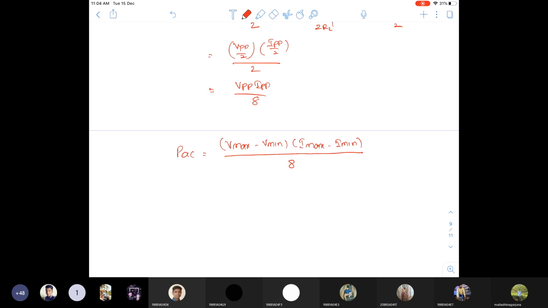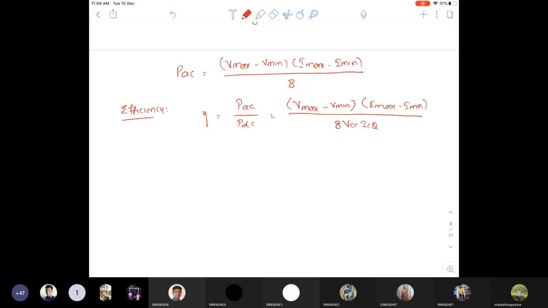So what is the efficiency formula? Efficiency eta equals PAC by PDC, that is Vmax minus Vminimum into Imax minus Iminimum by 8 VCC ICQ. So this is efficiency. Next, what is the maximum efficiency formula? For maximum efficiency,